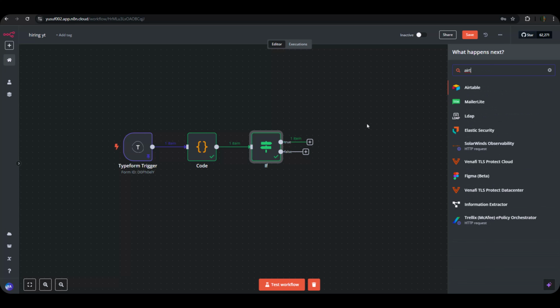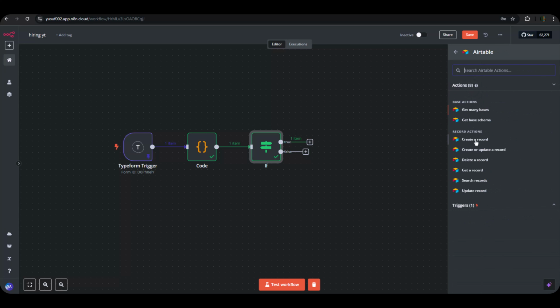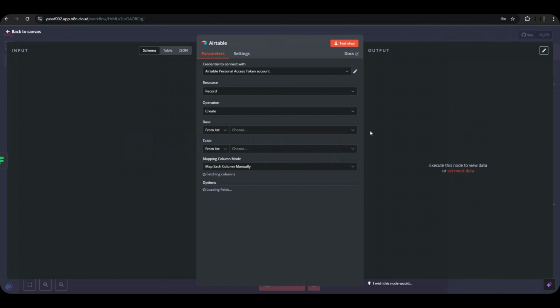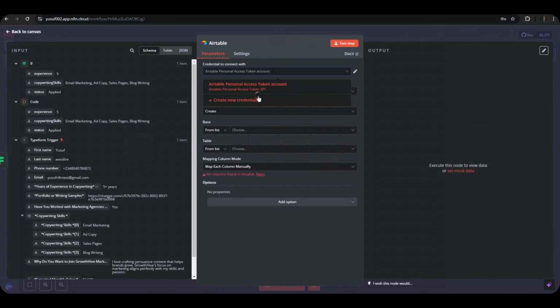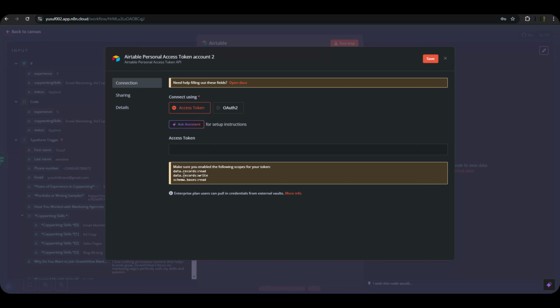Airtable. Create a record. Create new credential. So this is it: data record read, data record write, and schema based read. This is the only thing n8n asks us to choose. So I'm choosing everything actually. Alright, so going back to the Airtable, going back to the